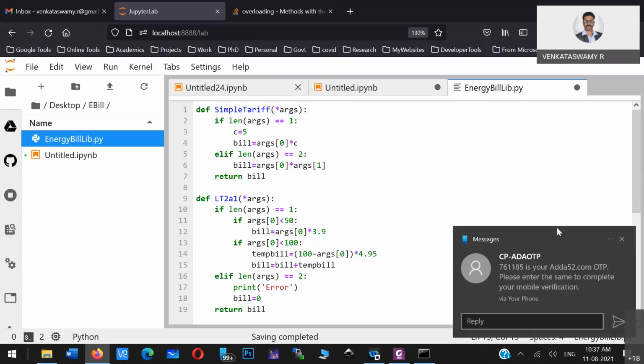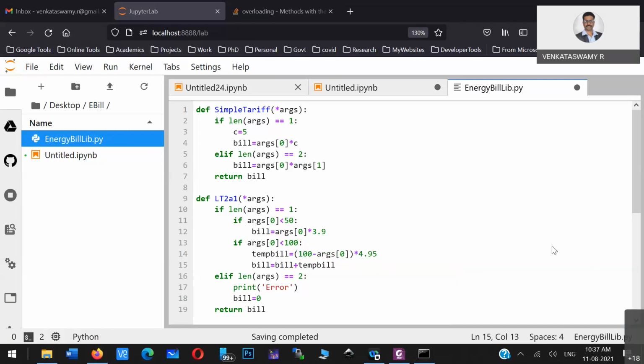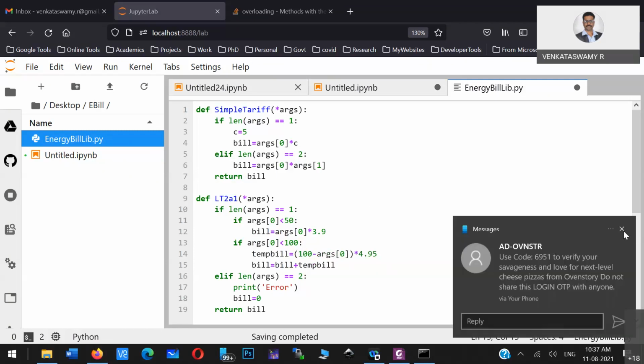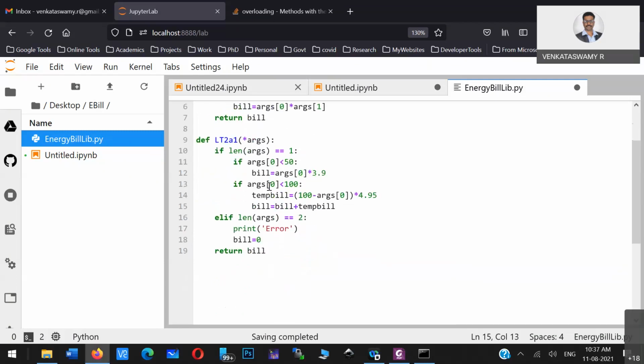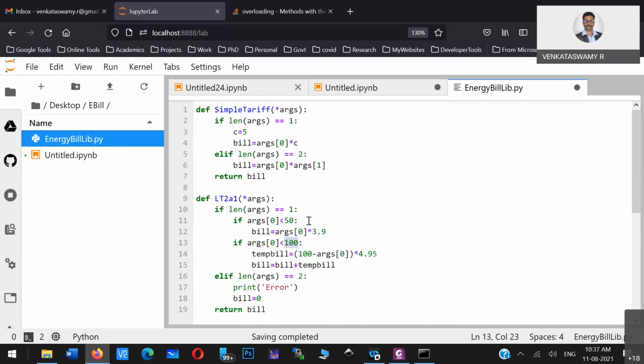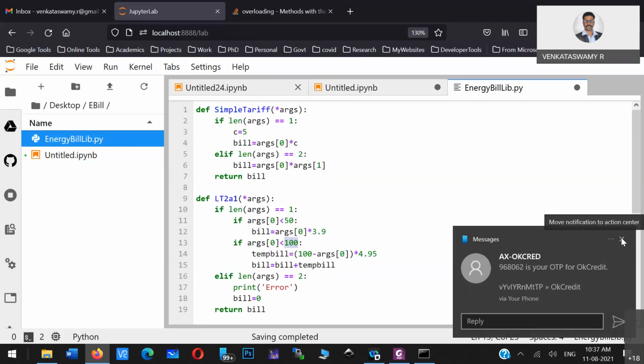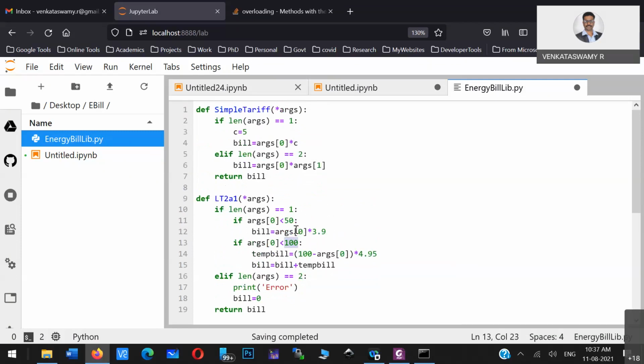Okay. So now this way you have to make it, because it is not at all reaching this particular if block. So now I just have to run.